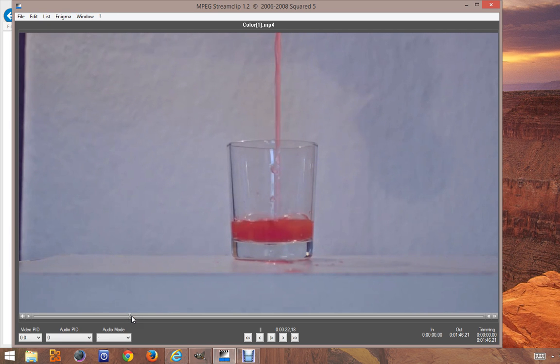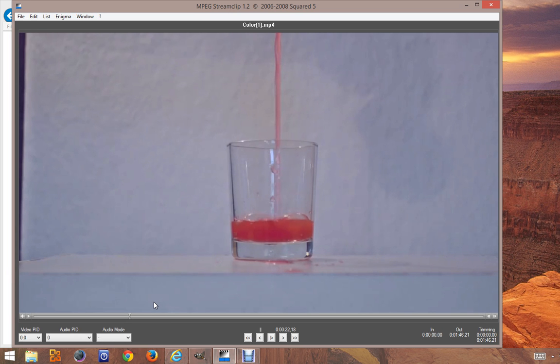I do this with the left mouse button, but you can also use your arrow keys. I think this is alright, and I press the I for in.